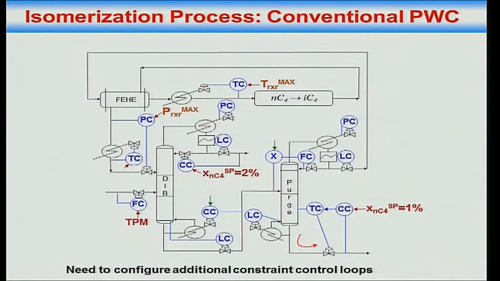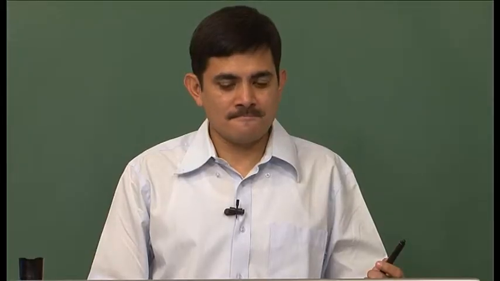Mode 1 operation, no problem, no constraints are active, you are away from the constraint limits, this will work just fine. Okay, now I start jacking up the throughput. By the way, the two set points in green are unconstrained degrees of freedom. Mode 1 unconstrained degrees of freedom were 2, right? So what are the two set points that the operator can set? These are the two set points that the operator is setting. Does that make sense or no? Okay, I am jacking up throughput.